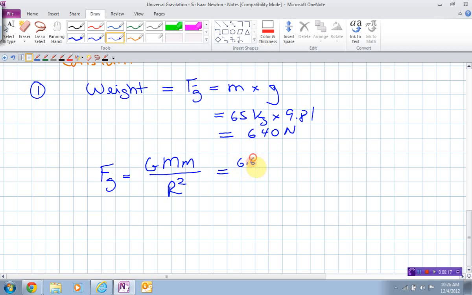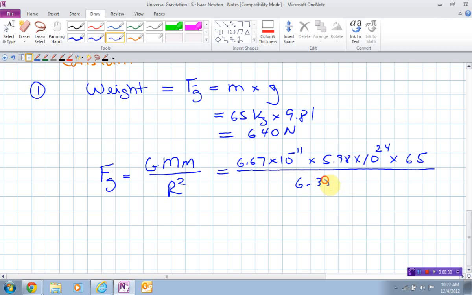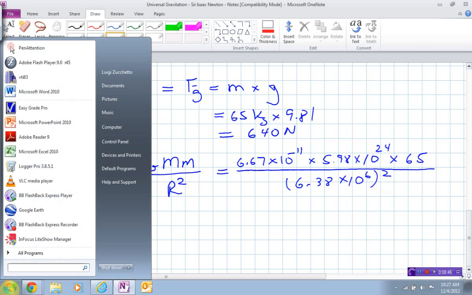Put in the constant, 6.67 times 10 to the minus 11. Take the mass of the Earth, which I can look up in a book. It's 5.98 times 10 to the 24th kilograms. Take the mass of the person, which is 65 kilograms, and then we divide that by the radius of the Earth, because that's where the person is standing, which just happened to be 6.38 times 10 to the 6 meters, and then that has to be squared. So if I pull out my calculator,